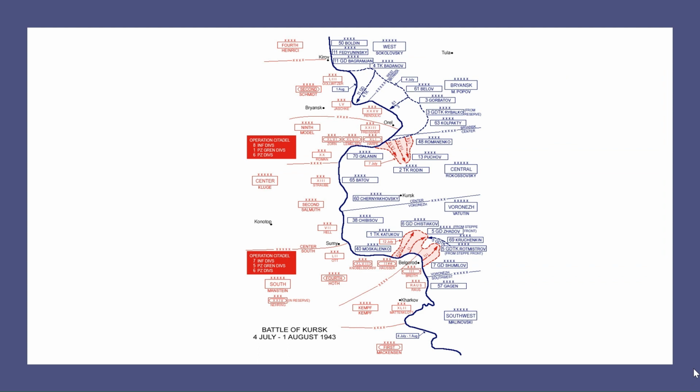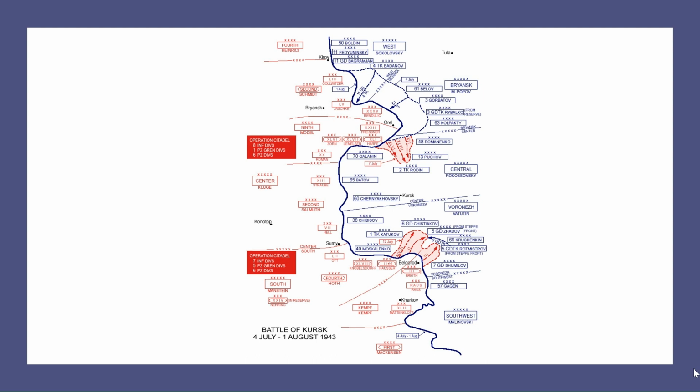The battle continued for several weeks, with heavy casualties on both sides. The Germans were unable to break through the Soviet defenses, and the Soviet Union launched a counteroffensive on July 12, 1943. The Soviet Union's counteroffensive involved a massive tank assault that pushed back the German army and forced them to